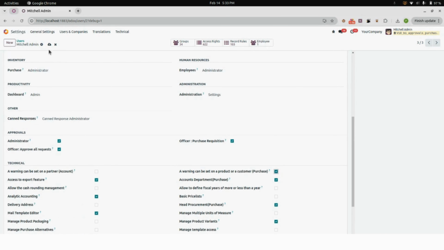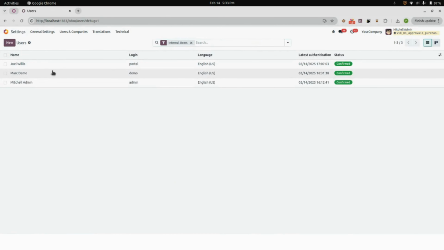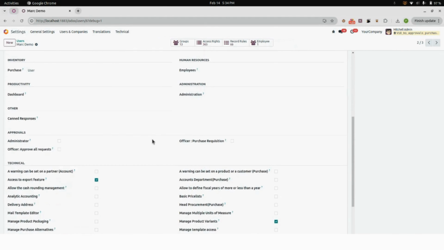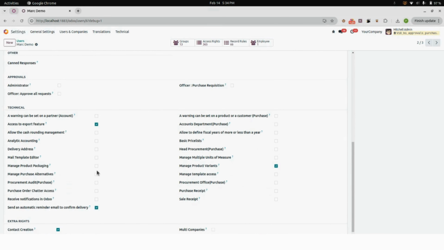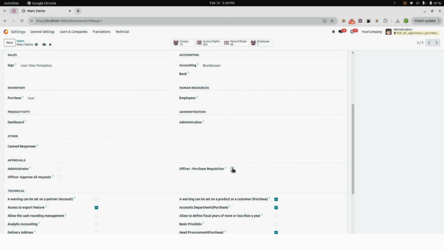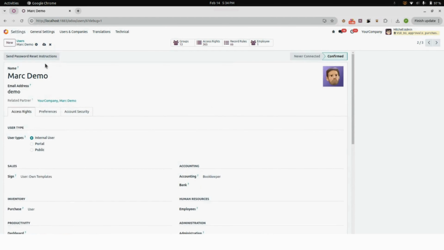And after enabling this, we will save the changes, and now we go into the mark and same. Here we will assign all the previous ones which you have created: procurement audit, then warning can be set on product customer, then account department head procurement and the procurement office, and we will assign the purchase requisition. After doing this, we will save this,